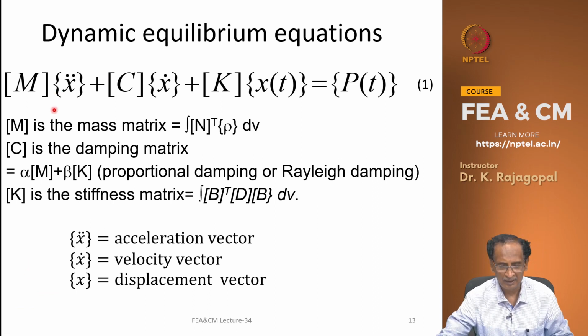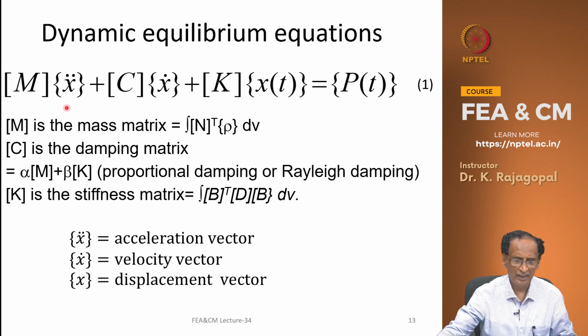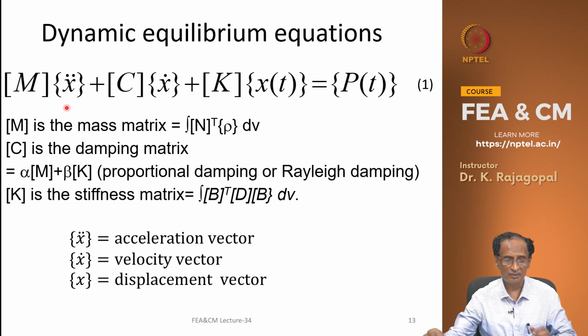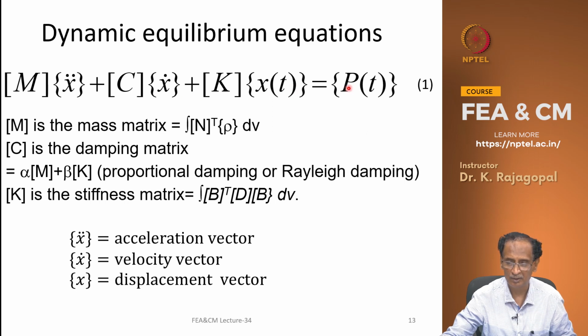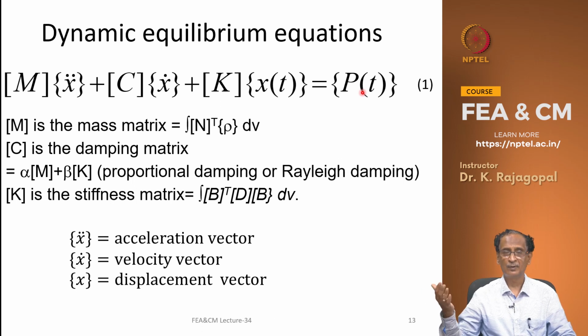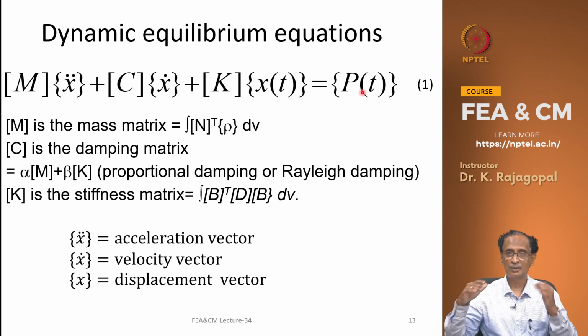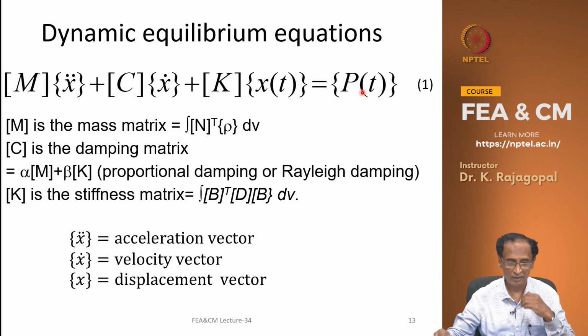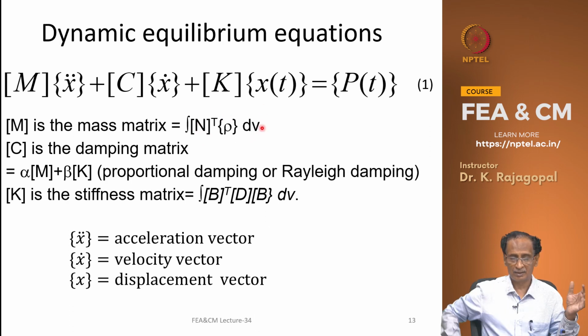and the dynamic equilibrium equations involve acceleration and velocity and also the displacements. Like the typical equation is m x double dot plus c x dot plus k x is equal to p, where p is our load vector, and that itself could be a function of time. It is not a steady state load, it is not a constant load, it could vary either in a sinusoidal form or arbitrary form. And in this, m is the mass matrix, and that we can write as integral of N transpose rho dV. This is called the consistent